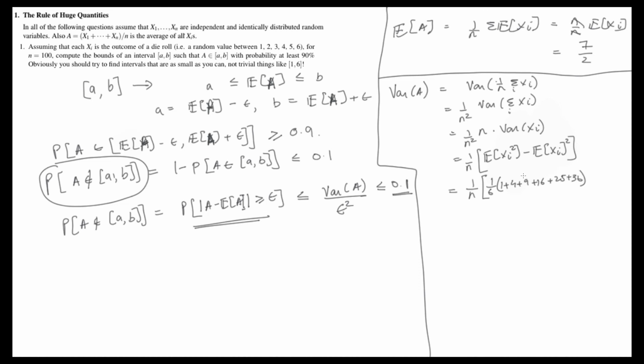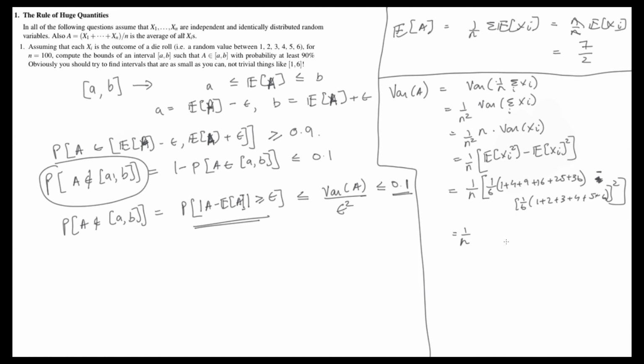So for each xi, you take the square, and if xi has probability 1 over 6 of occurring, then the random variable xi squared has probability 1 over 6 of occurring, right? Plus 1 over 6 times 1 plus 2 plus 3 plus 4 plus 5 plus 6, the whole squared, which is equal to this, this is minus,